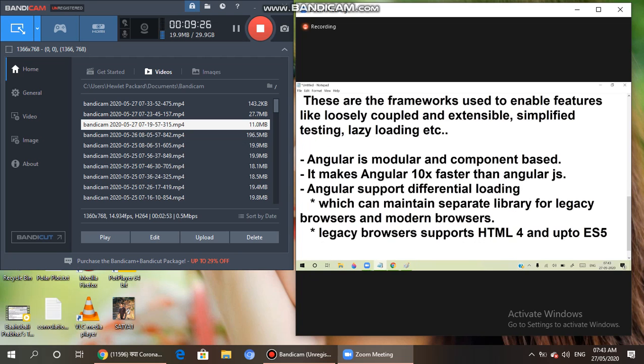Then when our application goes on to these browsers, many technical and compatibility issues will come. To avoid that, Angular maintains two libraries: one library for legacy browsers, another library for modern browsers. Actually, a modern browser is nothing but